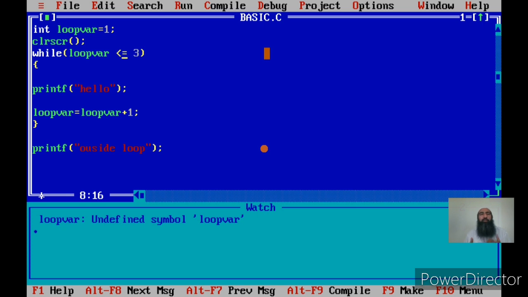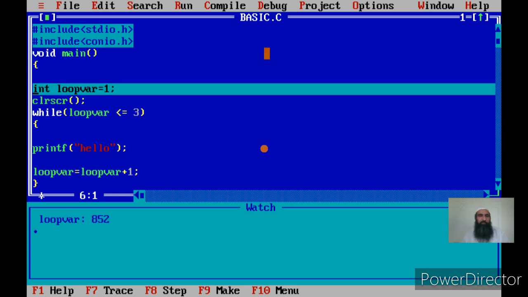Now in this case the condition is true because 1 is less than or equal to 3. One of the conditions is true. 1 is less than 3. Okay, I hope I have not made a mistake in explaining the previous statement. Then you should rectify, because now we do things practically and we know our errors. In this case the condition is true because I have shown loop variable less than or equal to 3.